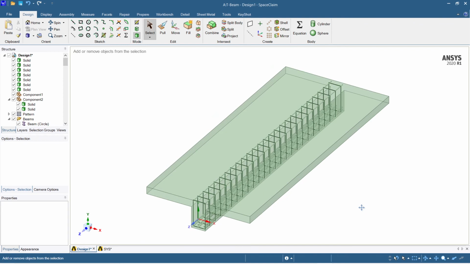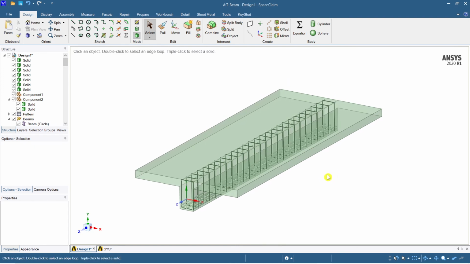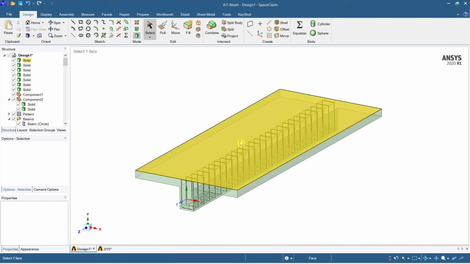So if you want to see how I have done these repetitions, you can follow my previous videos where I have made a column. Here this is a beam and I have modeled a column. There you can see how I have repeated here. Okay, fine. So now this is it.